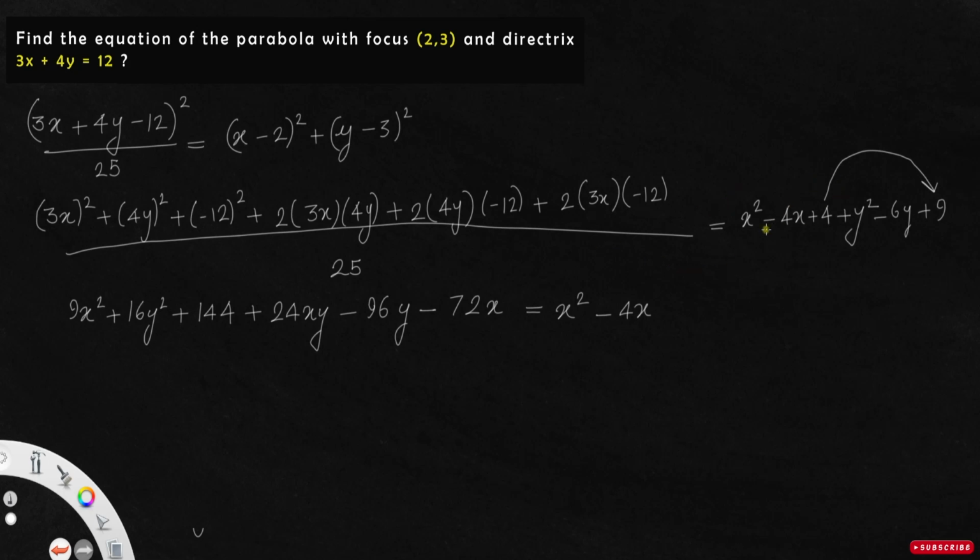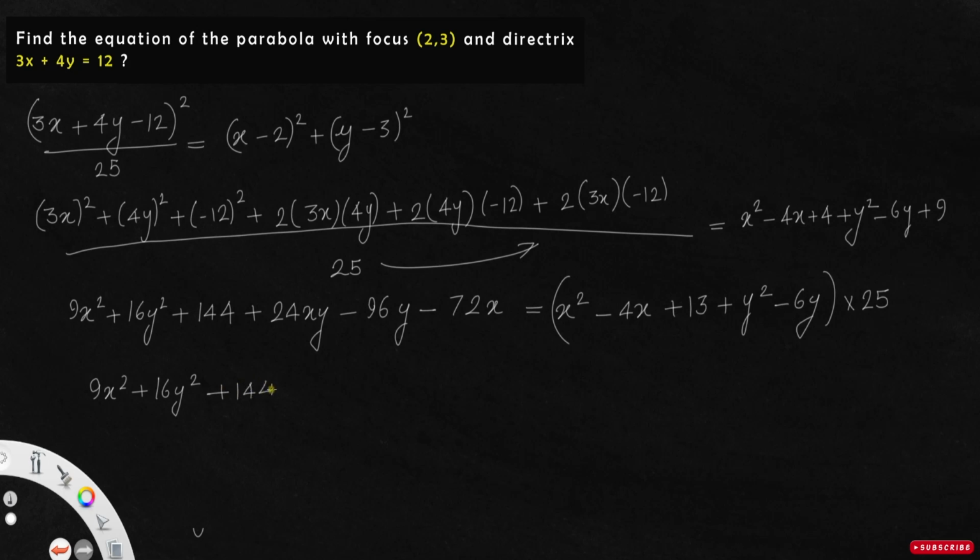Okay, I can take that 25 to the right, so this will be 4x, this 4 plus 9 is plus 13 plus y square minus 6y into 25. This 25 is taken to the right. So this will be 9x square plus 16y square plus 144 plus 24xy minus 96y minus 72x equal to 25 into x square is 25x square